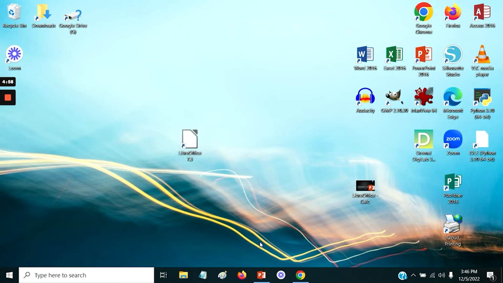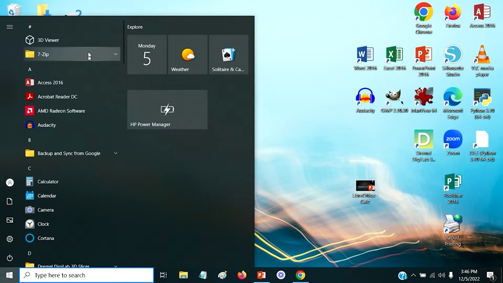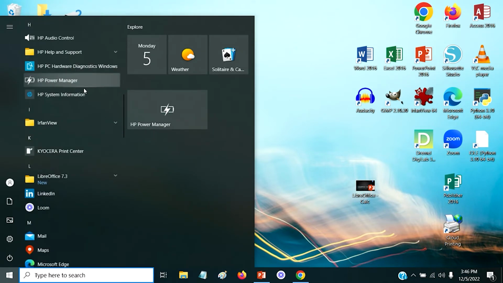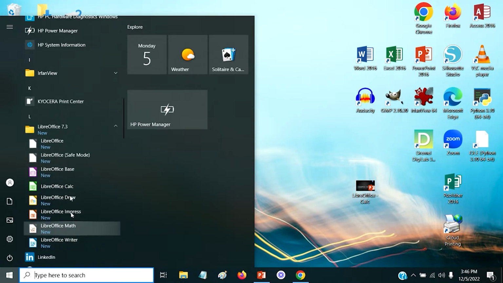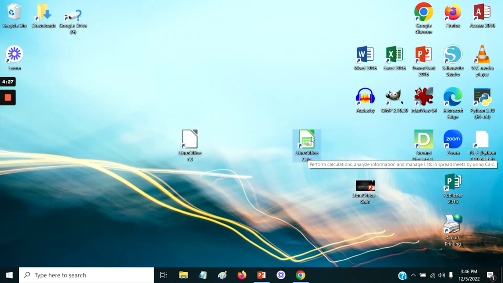So now that you have LibreOffice installed, which will probably request a restart, that's fine. You should have a shortcut on your desktop that says LibreOffice with whatever version, and it's white with a gray border. If you uncheck the box to leave a shortcut on your desktop, you have to go into the list of applications through the Start menu, go down to L for LibreOffice, and when you click on the folder, you'll see all the other applications installed with LibreOffice. Notice halfway down we have LibreOffice Calc. Just click and drag on that and drop it on the desktop to leave yourself a shortcut